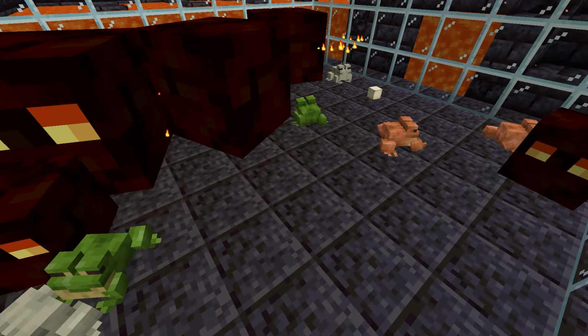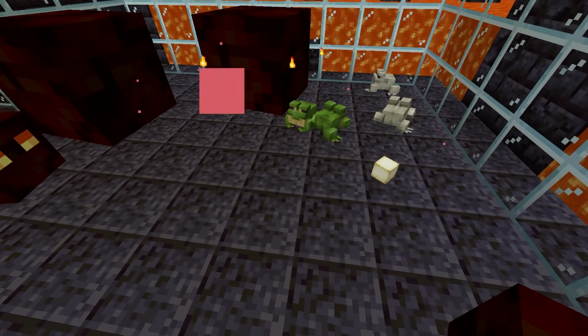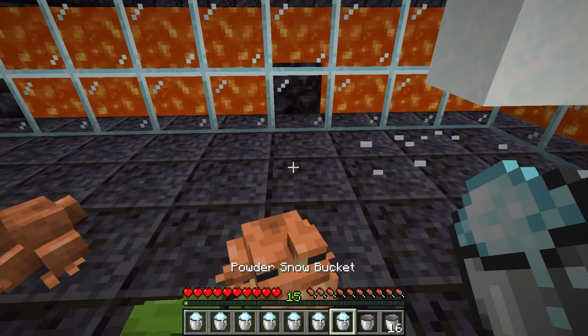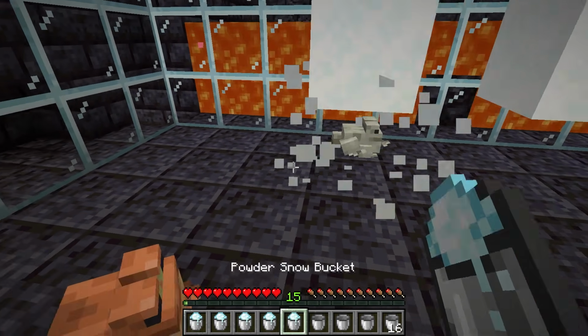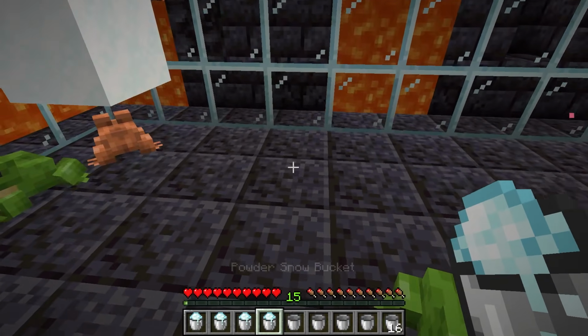Good news here is that magma cubes do not naturally attack frogs, so you can have your magma cubes, even the large ones that hurt, hanging out with your frogs. The best method to break down your magma cubes is powdered snow. You can bring powdered snow into the Nether, and if you place it 1 block off the ground,